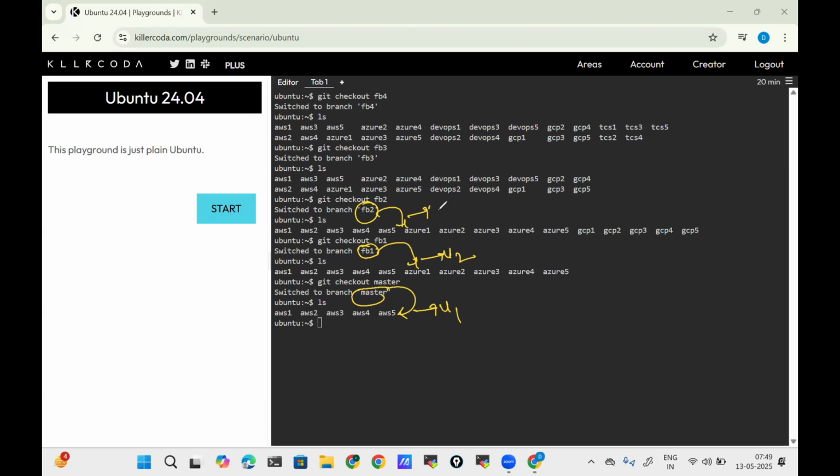FB2, it is going to be version 3 of our code. FB3, it is going to be version 4 of our code. FB4, it is going to be version 5 of our code. So when the versions are increasing, so see here,